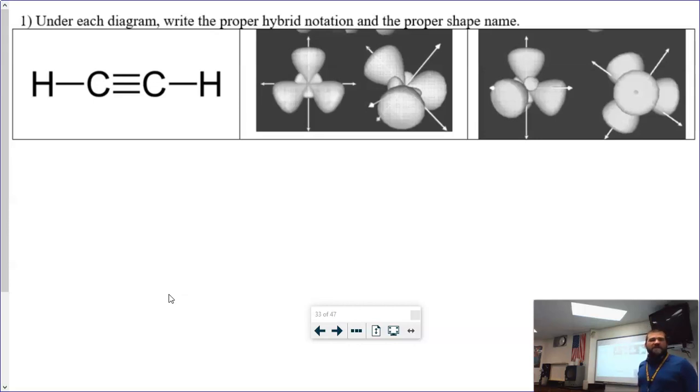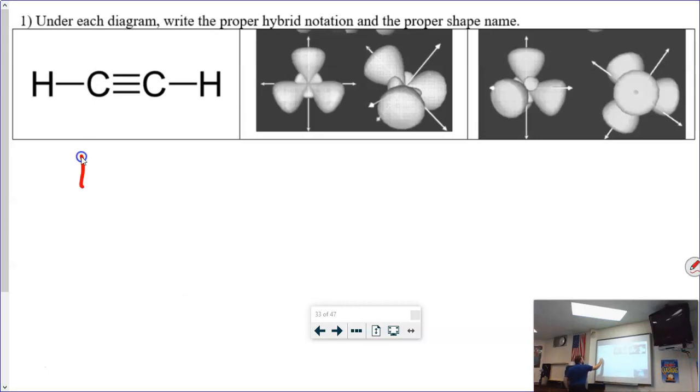These are some examples. We skipped these last week, and I skipped all the way to the table at the bottom of this page. Let's go back, let's do these, and now referencing the table, these will be even easier than they would have been prior to looking at that little table that summarizes hybridization. Okay, so under each diagram, write the proper hybrid notation and the proper shape name. So the first one here,